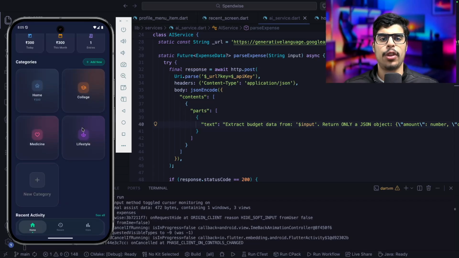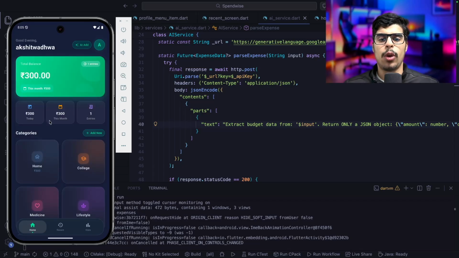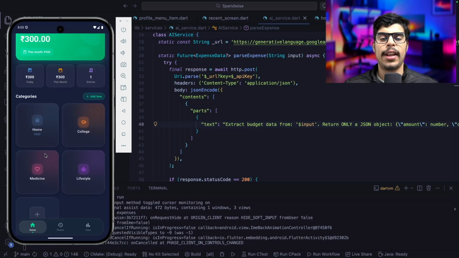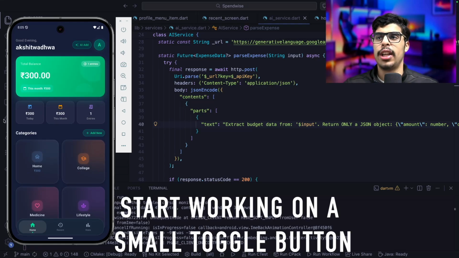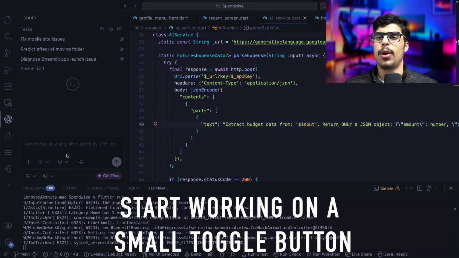So today we are going to do the extract phase. Firstly, over here it is showing 300, but when I log in with my own ID, it was actually showing the total amount actually spent. So I want a toggle button over here which should display this month as well as all time. So we're going on Codex, we're going to click on Codex, and we're going to prompt that,